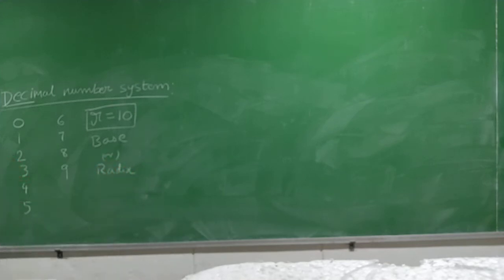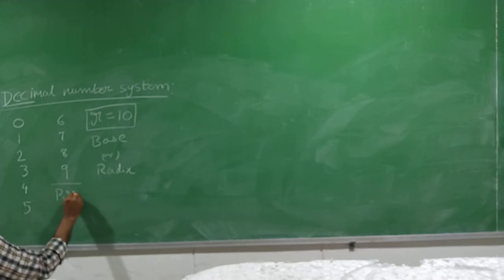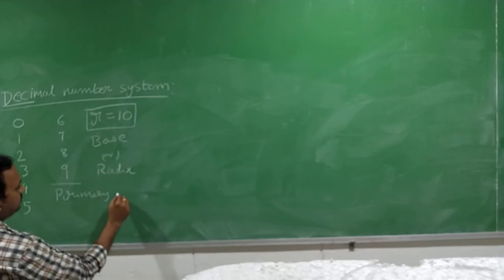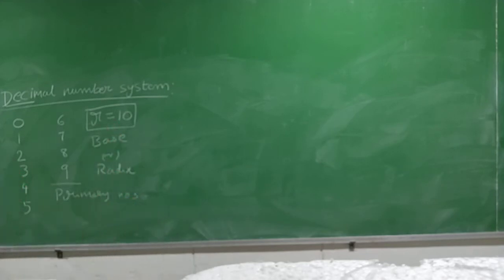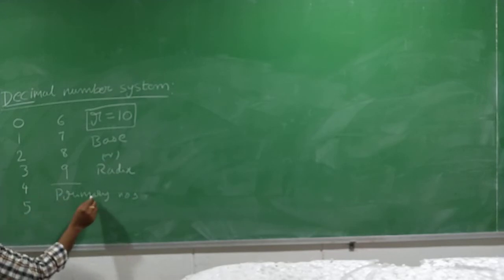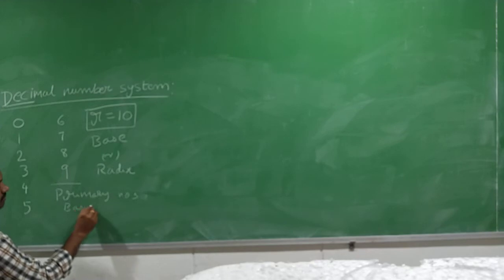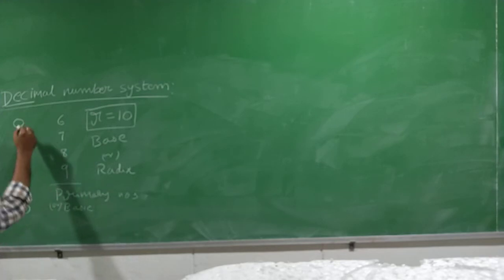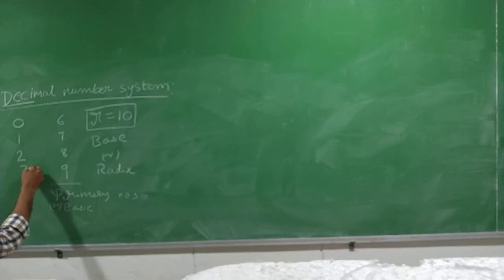If you observe, these numbers do not depend upon any other number. These are all independent numbers. If you take 2, it is not dependent on any other number. That is why these are called primary numbers or unique numbers in that particular number system. Primary means basic numbers, and this is the basic sequence or primary sequence of that number system. After 0 we get 1, after 1 we get 2, after 2 we get 3, like that.